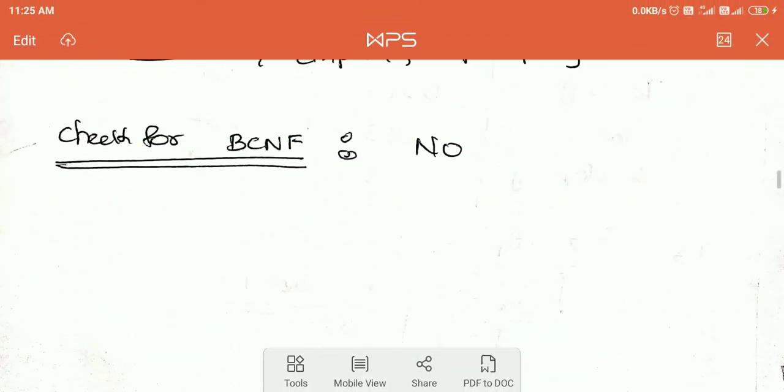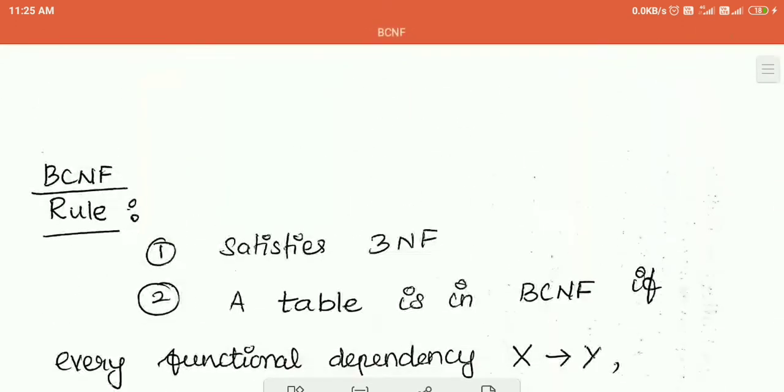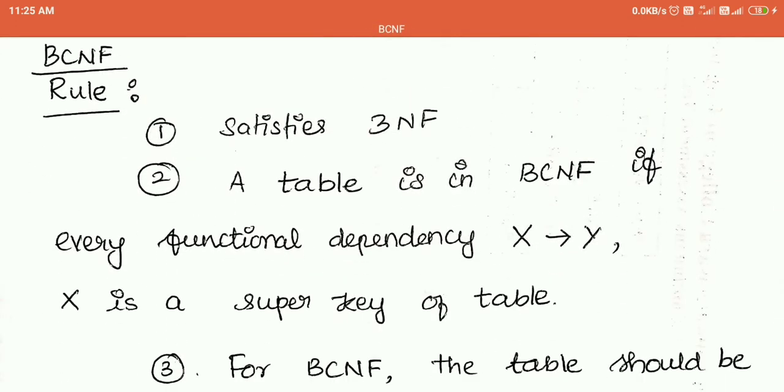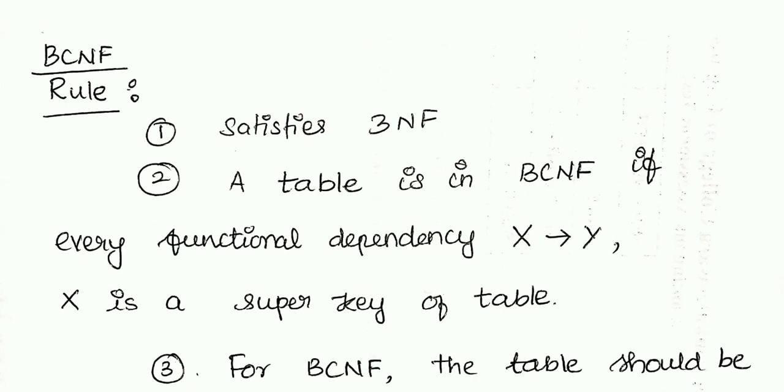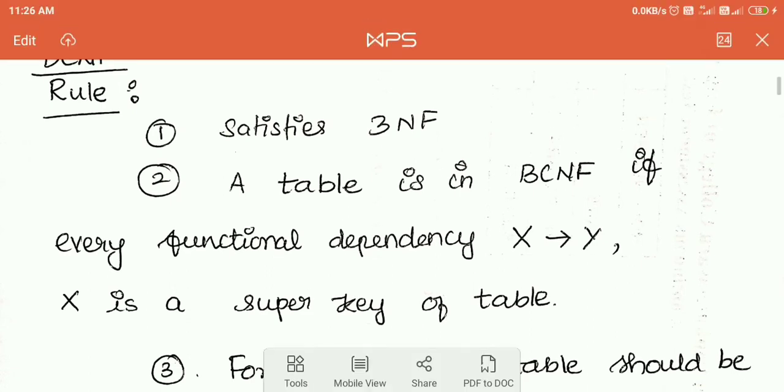Is this clear? So recollect the rule now. BCNF is nothing but this: if you take any dependency for the schema, X determines Y, always X has to be a super key. In a simple way, you can say that for each and every functional dependency, the left hand side of the dependency has to be a super key. If it is not a super key, you have to decompose. After decomposition, in each and every normal form, check again whether the decomposed tables satisfy the normalization rules. Is this clear? So that's all regarding your BCNF.